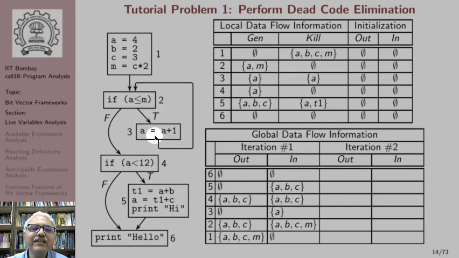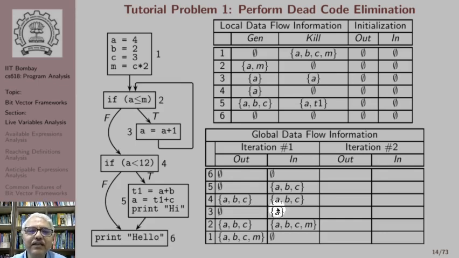Note here that at the exit of 3, when we compute out of 3, we have not visited 2 before, and therefore we pick up the value at the entry of 2, which is empty set, and therefore at the exit of 3 we say no variable is live. And because there is a use of A here, in node 3 liveness is generated and liveness is also killed. So when we remove A from empty set, we get empty set, and then we add the Gen set A. So we say that the set of variables that are live at the entry of node 3 is a singleton set containing A.